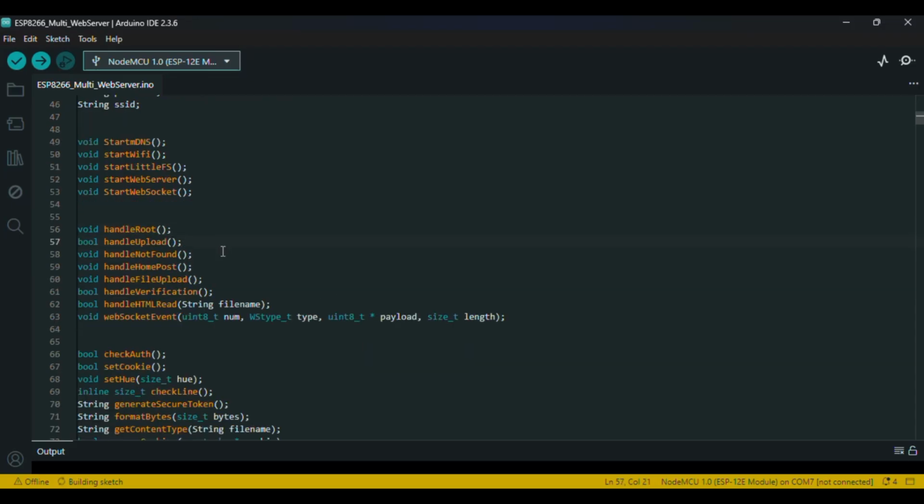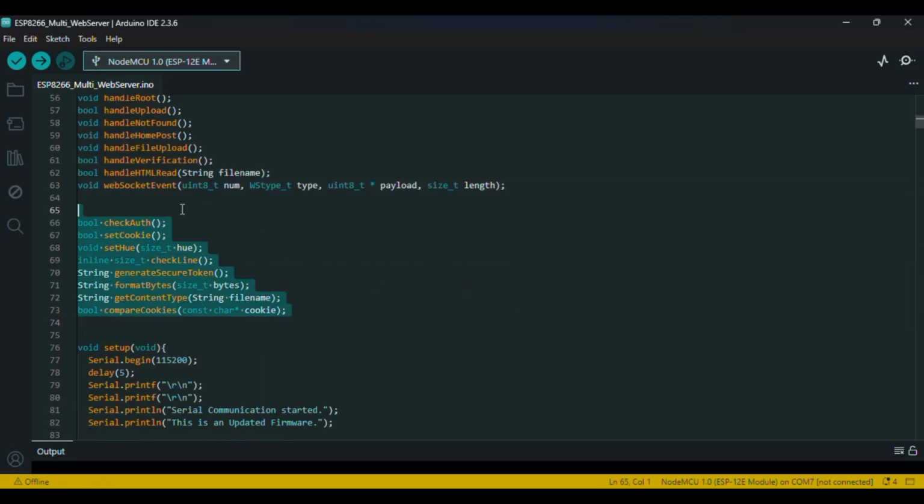We have the upload not found, home post, file upload, verification, HTML read. We have the WebSockets function. We have these functions also: check auth, which is like check authentication. We have the set cookie, which is used to set cookie to the client. Set hue, which is used to make a rainbow output to our RGB LED. We have this check line, which is used to iterate through the cookie file to count the number of lines